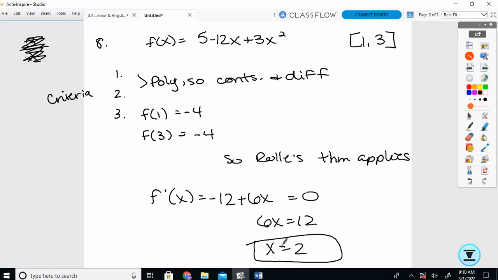So, mean value theorem and Rolle's theorem. We have to be continuous and differentiable. Rolle's theorem says that if the endpoints are equal, then the derivative is 0. Mean value theorem is a little more broad. It says if it's a polynomial, or if it's continuous and differentiable, then somewhere the derivative equals the slope between the endpoints. Now that's really kind of the same thing. If these endpoints are equal, if you did their slope,